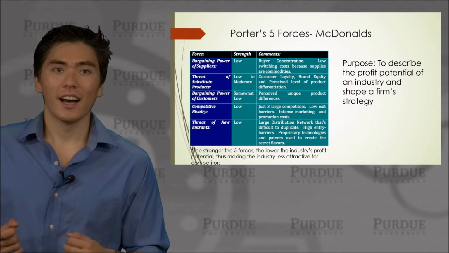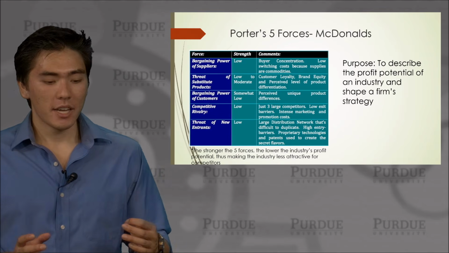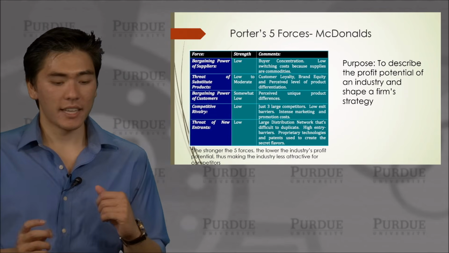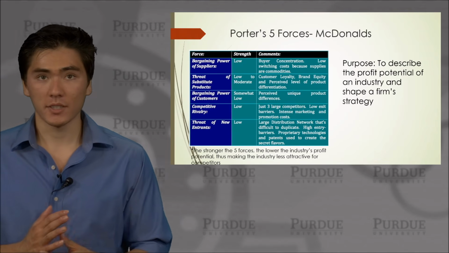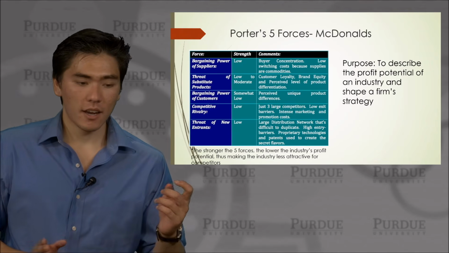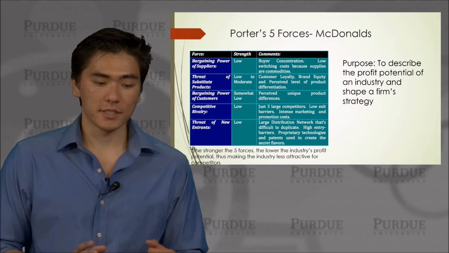My bad. Vice versa also. So if the 5 forces are weak, then the industry profit potential is high, which makes the industry more attractive for competitors. So if you look at McDonald's, for example, the bargaining power of suppliers, the strength is low for this